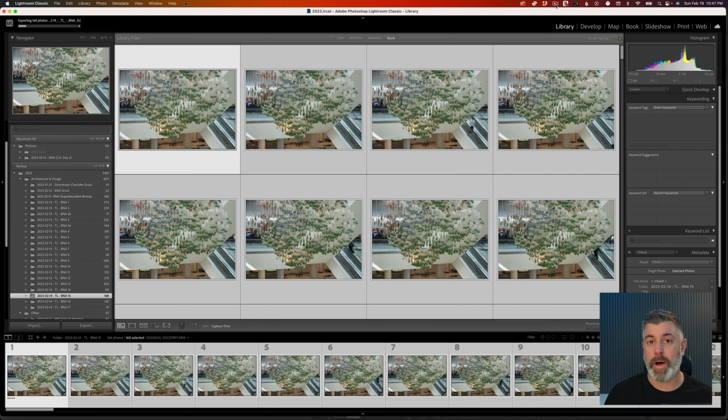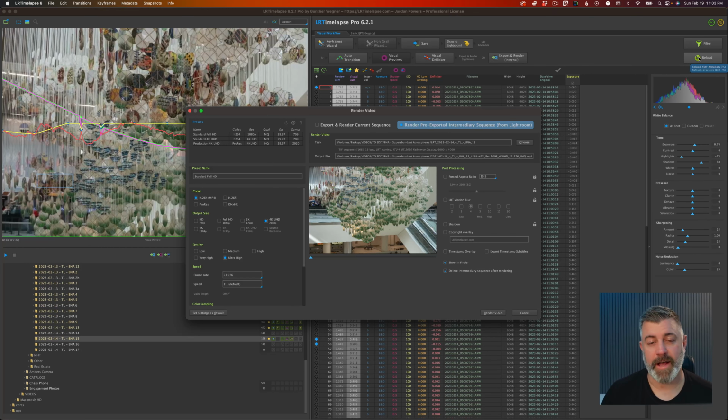So I'm going to go ahead and pause the recording right now, let this thing process. It's going to take about 5-10 minutes or so, and then I'll come back and we will finish this thing up. Okay, so the files have finished rendering in Lightroom, and now they have opened up this dialog here in